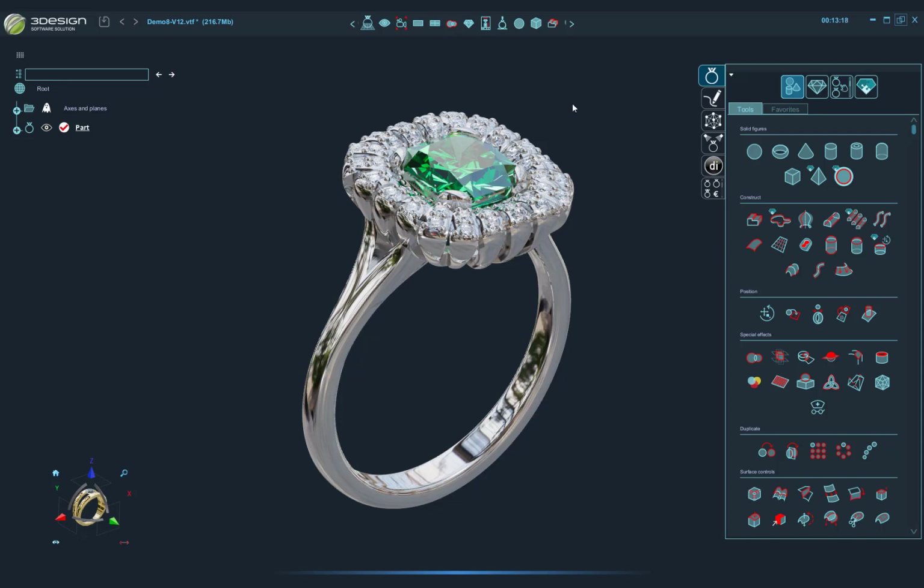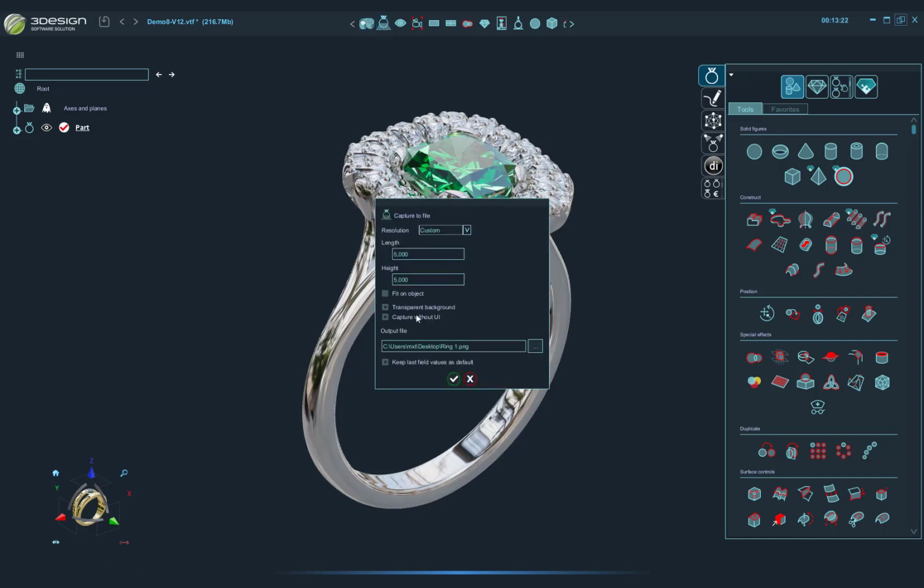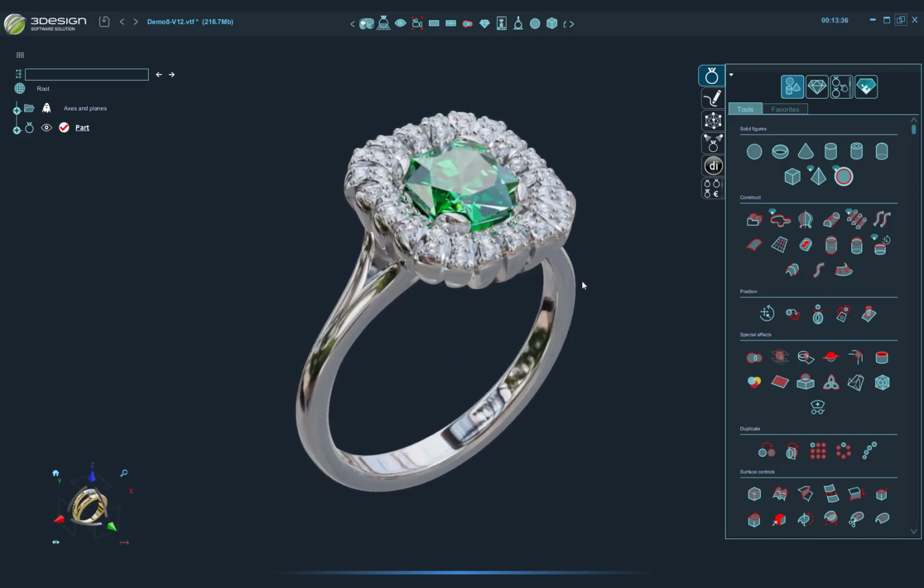So we have the screenshot to file. So again, I can do that with my resolutions, transparent background. I save where I want to save, so it keeps also the last value. I have this option if I want to have the same resolution for all the screenshots I create. And then I can do also the